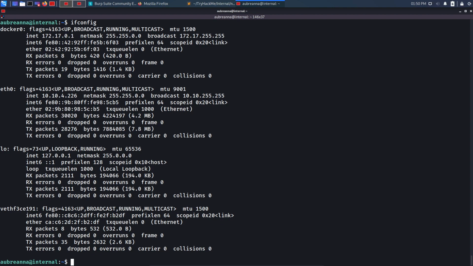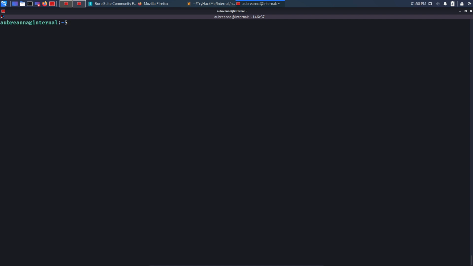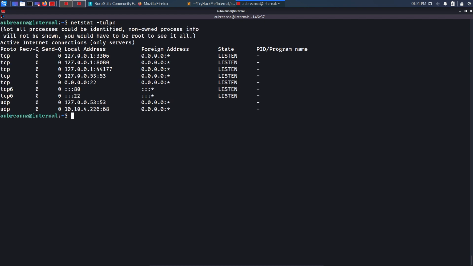So if I list out my open ports, now at this point you can also run linPEAS, but running linPEAS will not be very useful because I have got a hint, I have got a clue which says that Jenkins is running internally. So what you can do is manually look into the ports as well. The command which I always like to use is netstat -tulpn, hit enter, and it will list all of my open ports. So let's see. Yes, I can see right here that port 8080 is open, but it is listening on localhost,